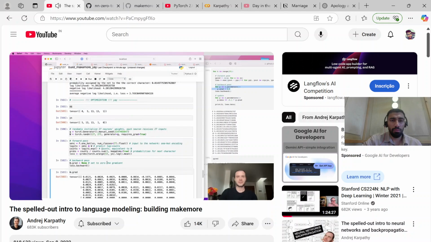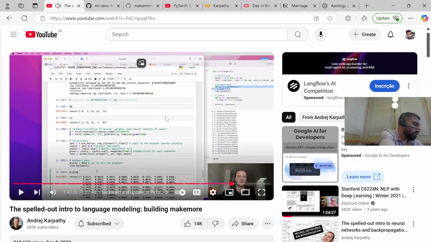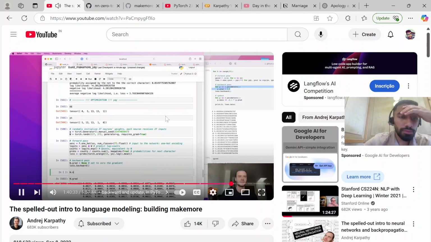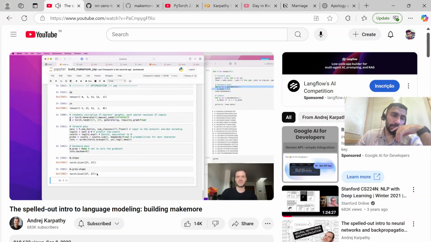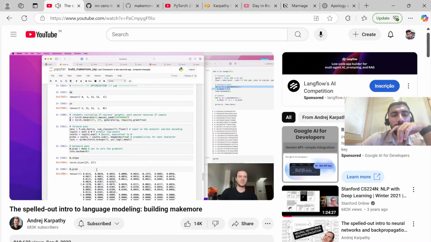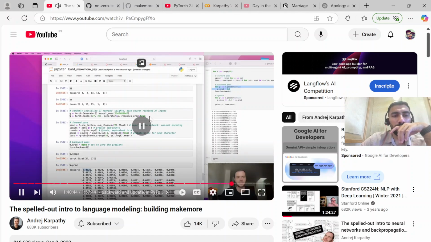And these gradients, every single element here, so W.shape is 27 by 27. W.grad's shape is the same, 27 by 27. And every element of W.grad is telling us